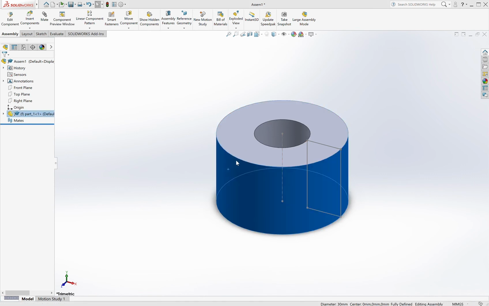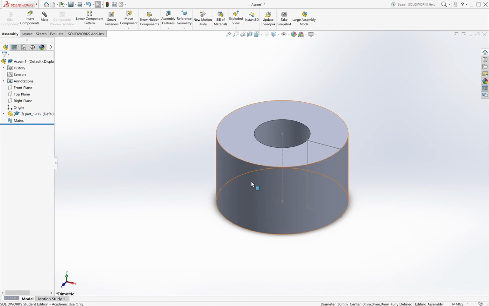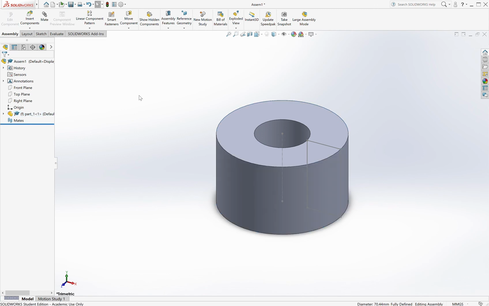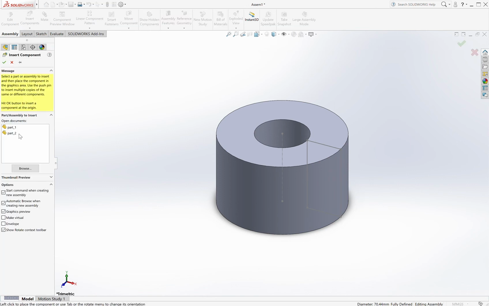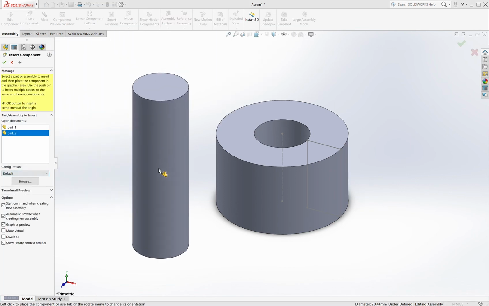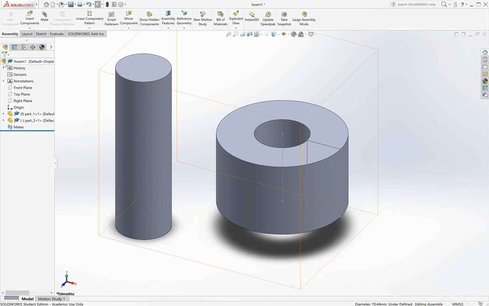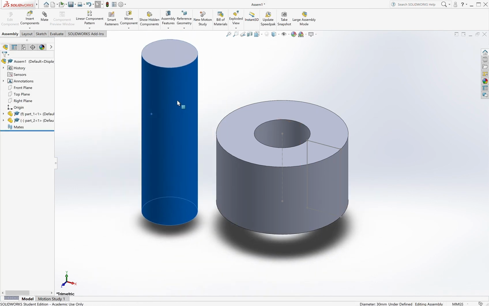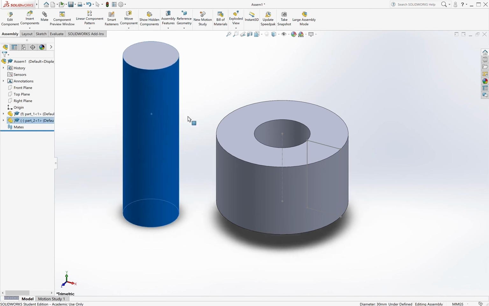And what we can do here is the part that you import is always fixed. So this is our starting point. So as you can see, I can't move it around. Now I want to import the next part, so we're going to click Insert Components. We're going to click Part 2 right here. Perfect. As you can see, Part 2 we can move around because this part is the part that is fixed. It's the first